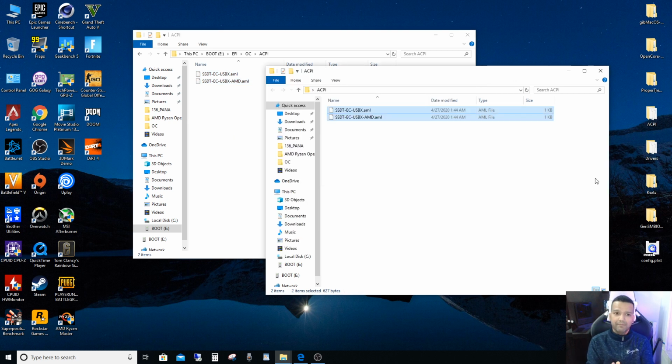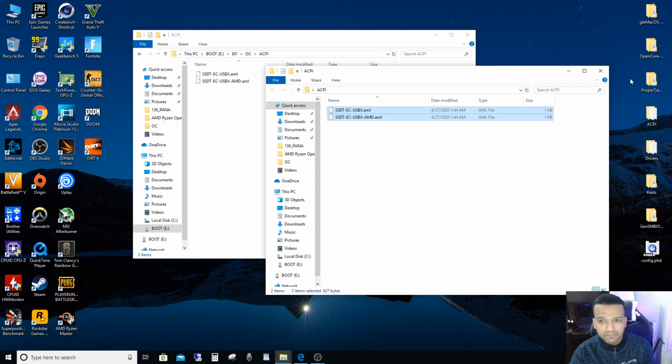Now keep one thing in mind, guys, okay? I'm using here an ASRock X570 Phantom Gaming 4 motherboard, okay? And your motherboard may be different than mine, okay? So your BIOS setting and stuff will maybe be different. Now with this guide, you really don't have to change any setting, okay? Like BIOS setting. But if you do have a problem, you can check out the OpenCore